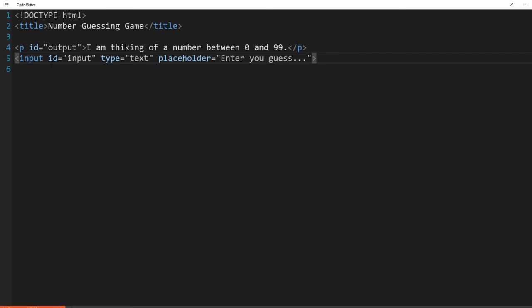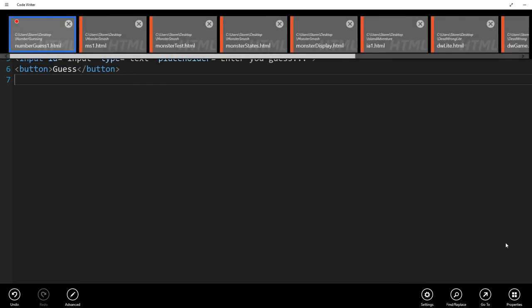So now we have a paragraph element, we have some input, and then we want a button, because we want some way for our user to be able to enter their guess. So it's just as simple as that. We create a button element. We write the word guess in there because this is the word that's going to be displayed on the button, and then we're done. So for this, we can actually save it,